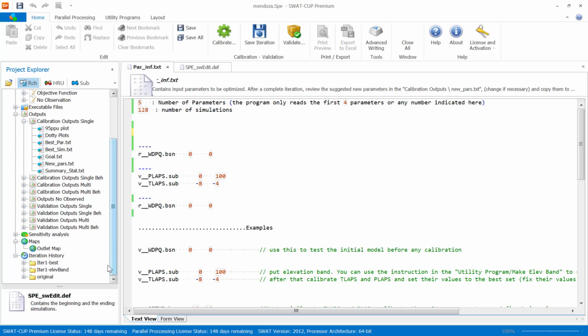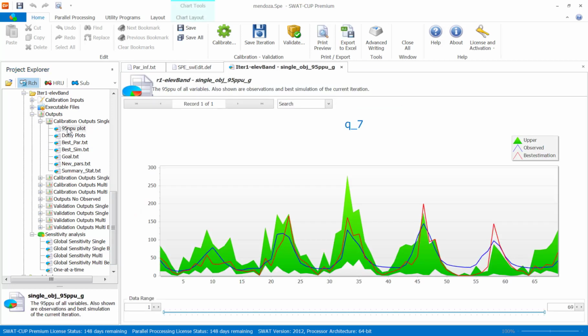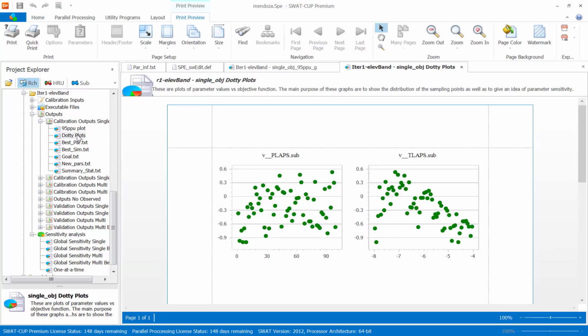Now, before I go on, when we fitted these two parameters, I forgot to do sensitivity analysis at that stage. So I would like to do some sensitivity analysis, so I can go back to this saved iteration. And here is the 95 PPU of that iteration. Here are the dotty plots. We did look at the dotty plots, and